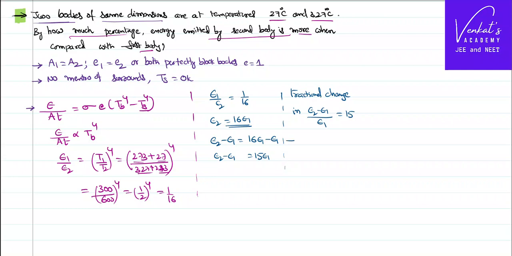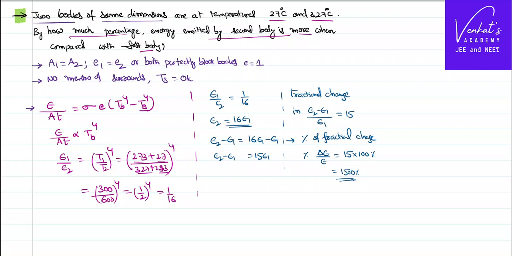And if you want to find out what is the percentage of fractional change, that is percentage of E2 minus E1, delta E by original E of the first body, whenever you want to convert anything into percent, you should multiply with 100. That is 1500%, which tells you that when compared with the first body, second body emits 1500% more energy